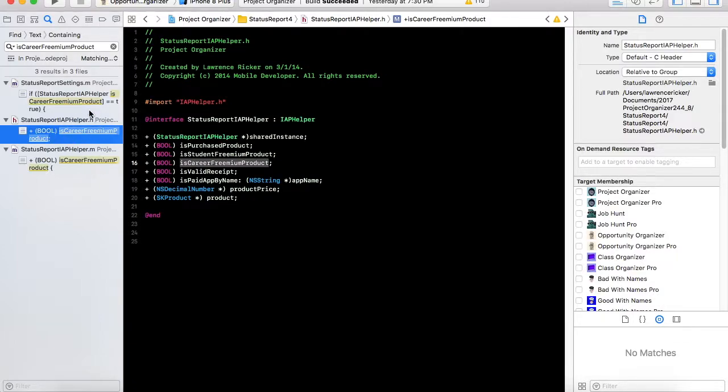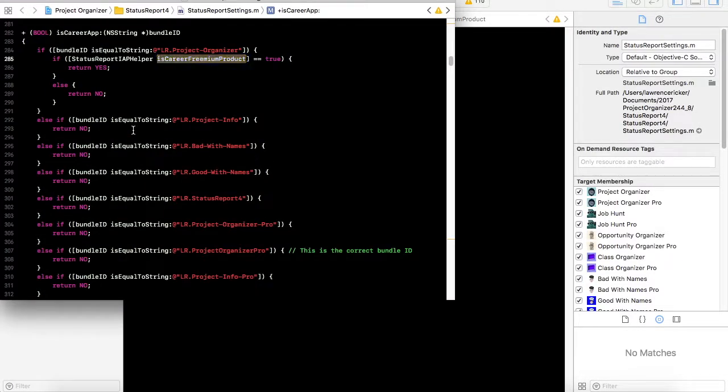Now I cascaded the logic in here, and in that I have another method inside of status report settings, which is a static method, so it can be called simply as status report settings is career app,